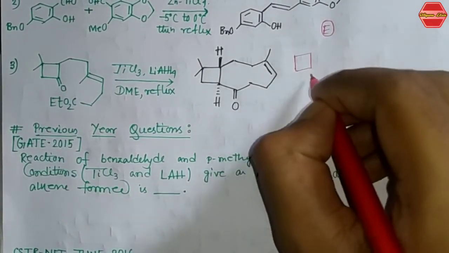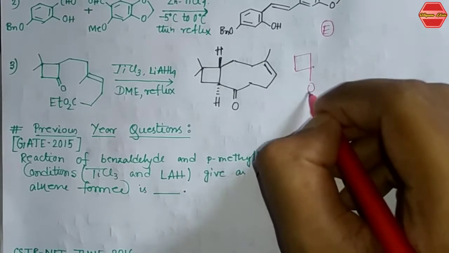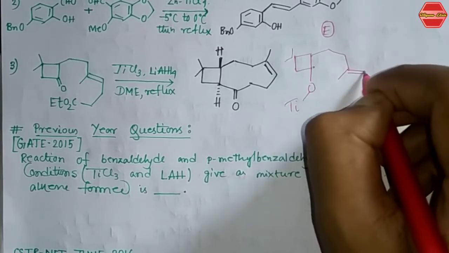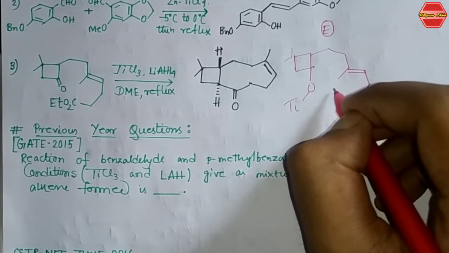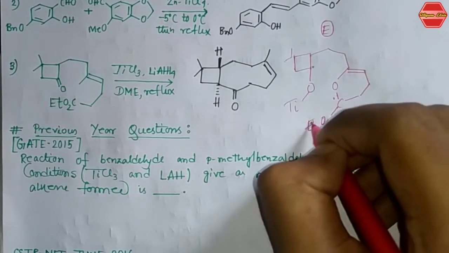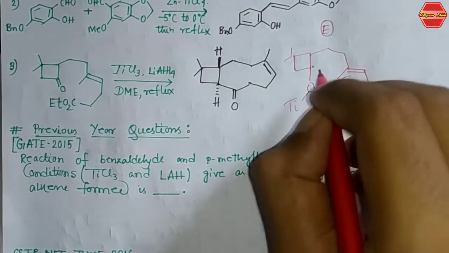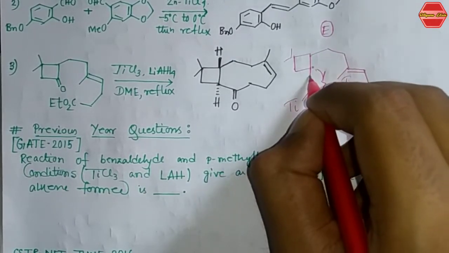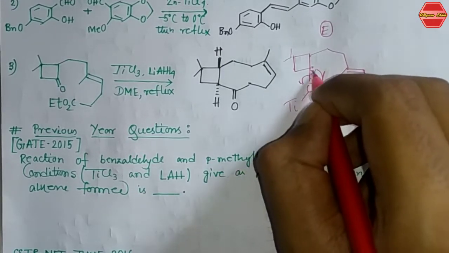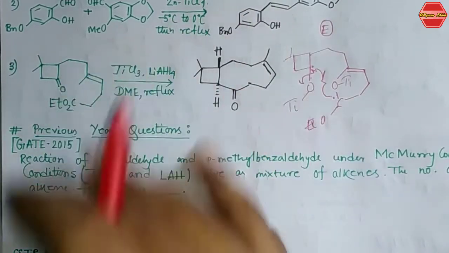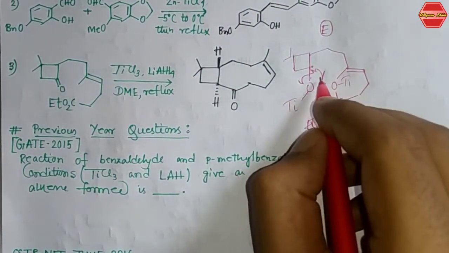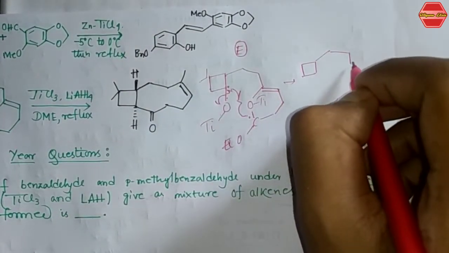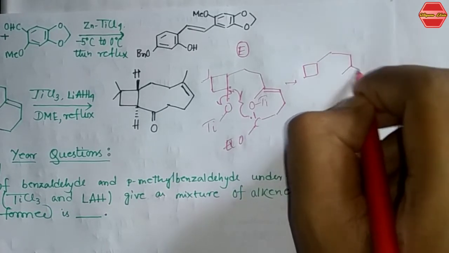It can be explained if we write it in this way. This oxygen is bonded with the titanium surface, and this is the C double bond, this is your OEt. Now this oxygen is bonded with the titanium surface, and these two can bond with each other. Then the titanium-oxygen bond can break in this way, and finally you get the titanium-oxygen bond free from the system, and these will form a bond to each other, and after that the product that you get is this one, right?